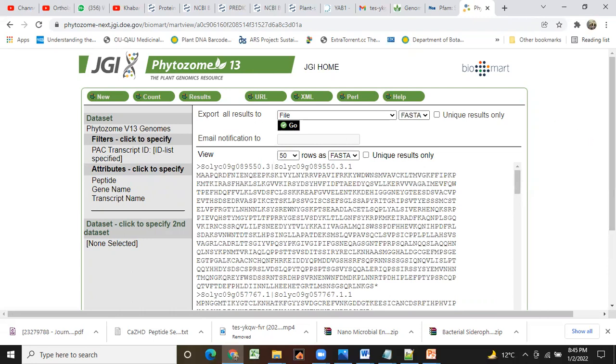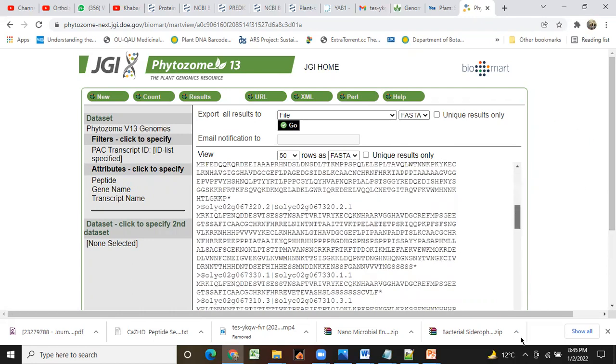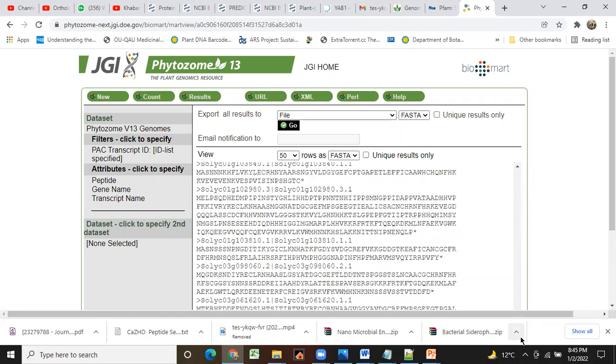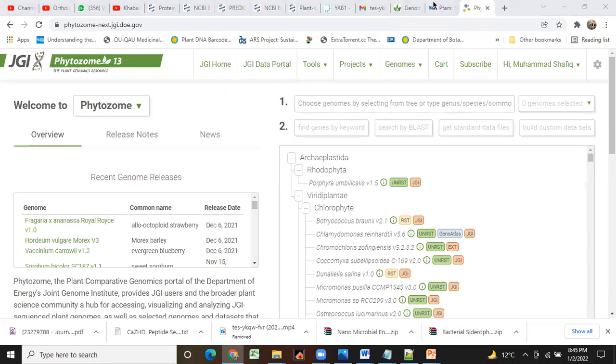Okay, I will send you all the sequences here, and then you will compare it with the ID from this paper and give them that ID. Okay, sir. You understand what I mean? Yes, sir. I got it.